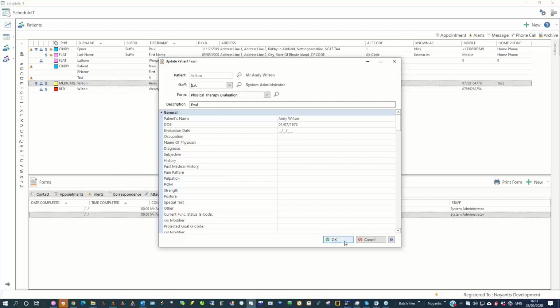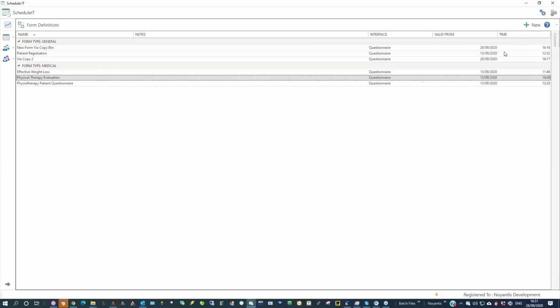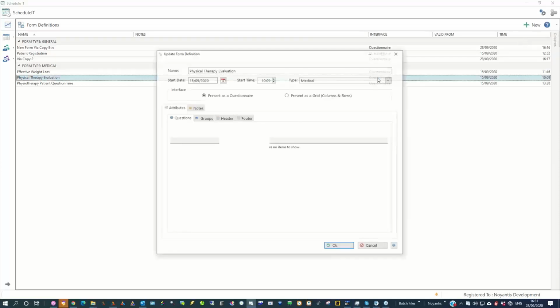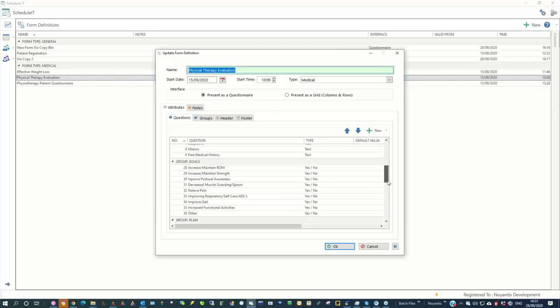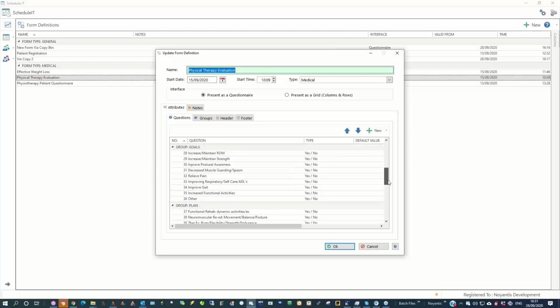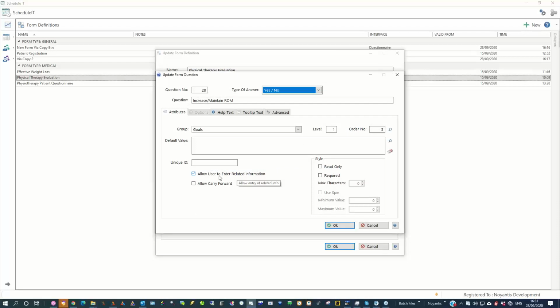So now, one of the other things I mentioned there is if we go to that question setup, I'll go back onto this, and maybe we'll go back to that one. Okay, so we've got that allow extra information. Now, one of the other things we'll be doing is we've got this allow carry forward. And I'll mention the design of this in a second, but the allow carry forward idea is maybe